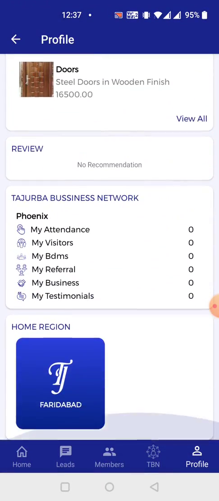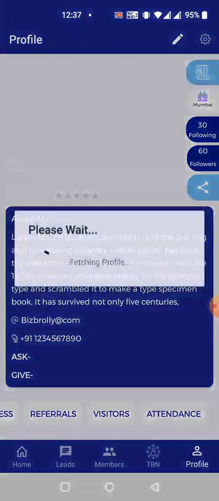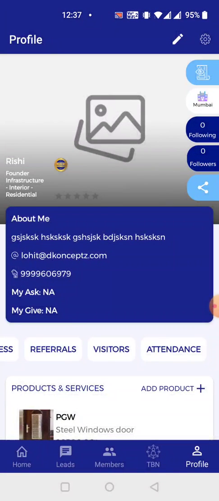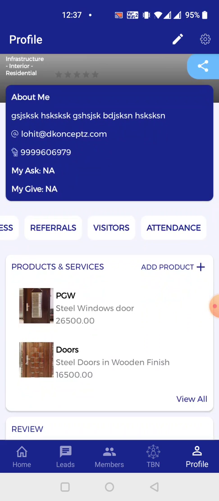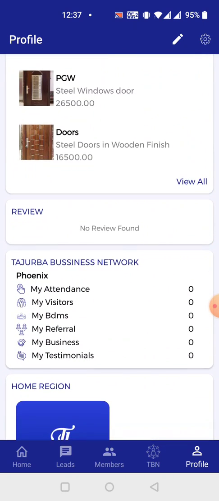This is how my profile is visible to all the other people. Now this is my segment. I have not changed the segment over here. Then you can see how many people are following me, how many followers I have. Then there is the share option, I can share the profile right from here. If you like somebody else's profile and want to share it with your prospect or referral, you can click on this and share it on WhatsApp or whichever way you feel like. You can even email it to your fellow members.